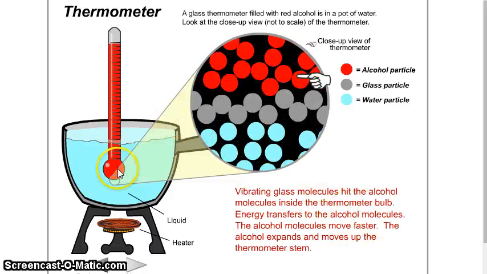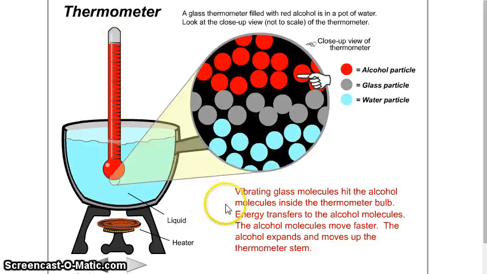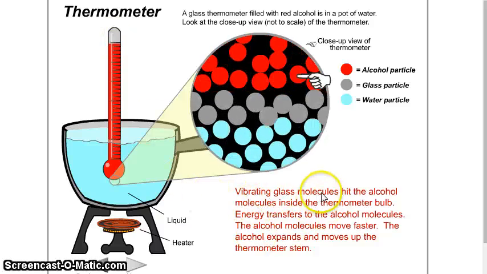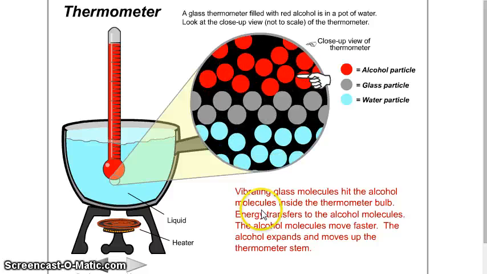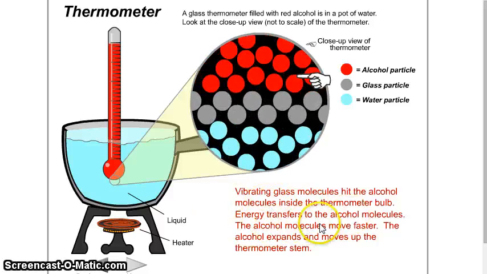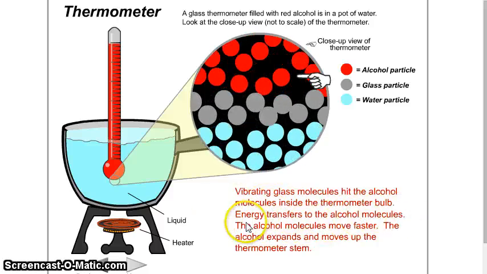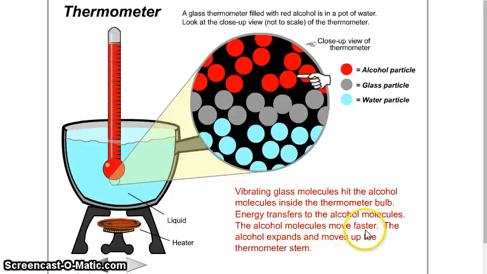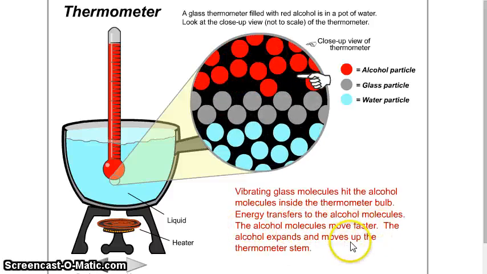Okay, we can see the alcohol rising up the stem there. As the vibrating glass molecules hit the alcohol molecules inside the thermometer bulb, the energy is going to transfer to the alcohol molecules. The alcohol molecules move faster, and the alcohol expands and moves up the stem,